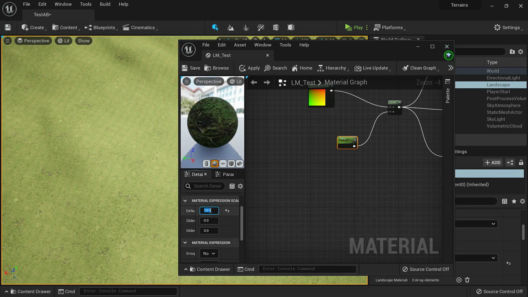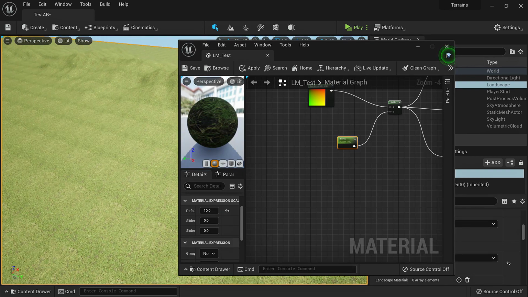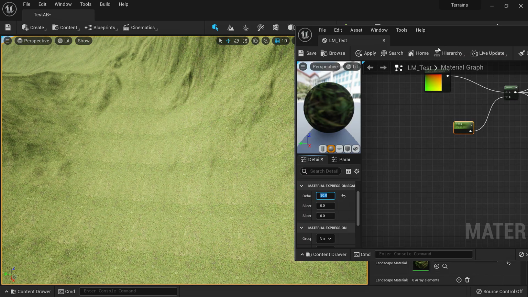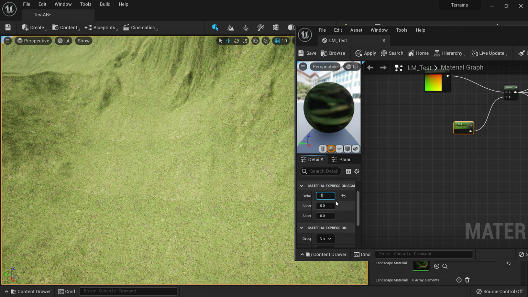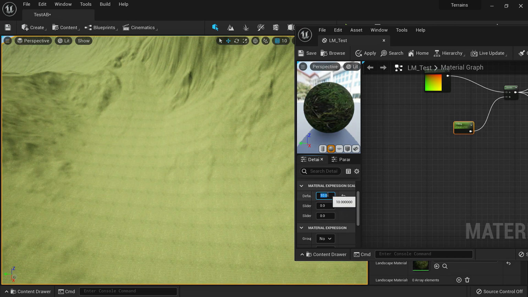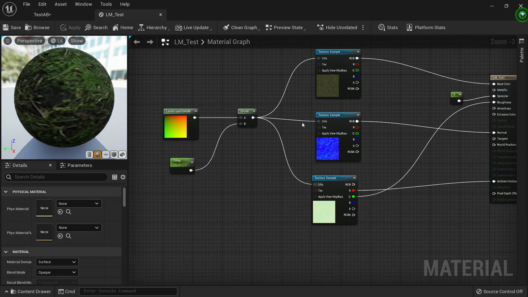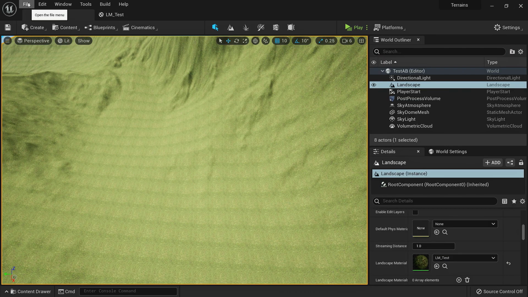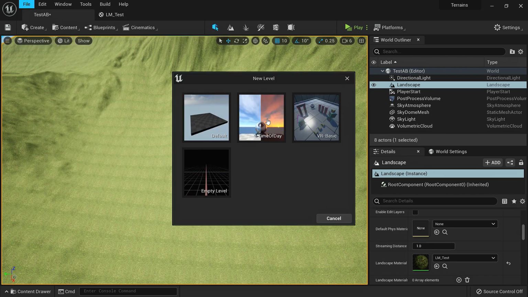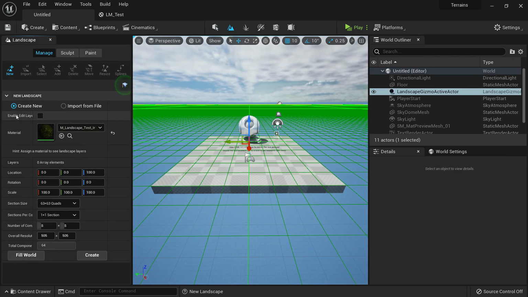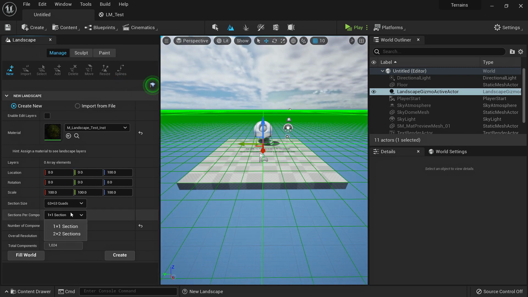Now if we increase it to 10, you can see that the textures are bigger than before, and if we increase it further, then they will keep increasing their size. So ideally what you would want is anything which is closer to where you are looking to be smaller, and anything that is far away can be bigger. To have good UVs, you would need to know the overall resolution of our landscape. When you are creating your landscape, there is a section called overall resolution, and here you can see it is 4033 by 4033.